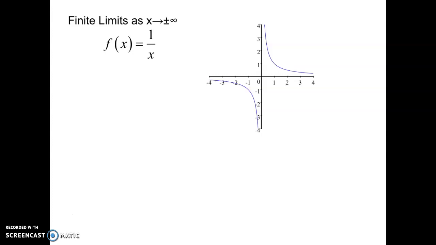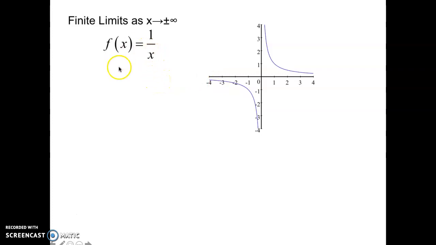So let's first talk about infinite limits. That is, limits as x goes to positive or negative infinity. These are finite limits as x approaches negative or positive infinity. It's called the tail end behavior. In other words, as the input goes to positive or negative infinity. It's called the right tail as we go toward positive infinity, and the left tail behavior as x approaches negative